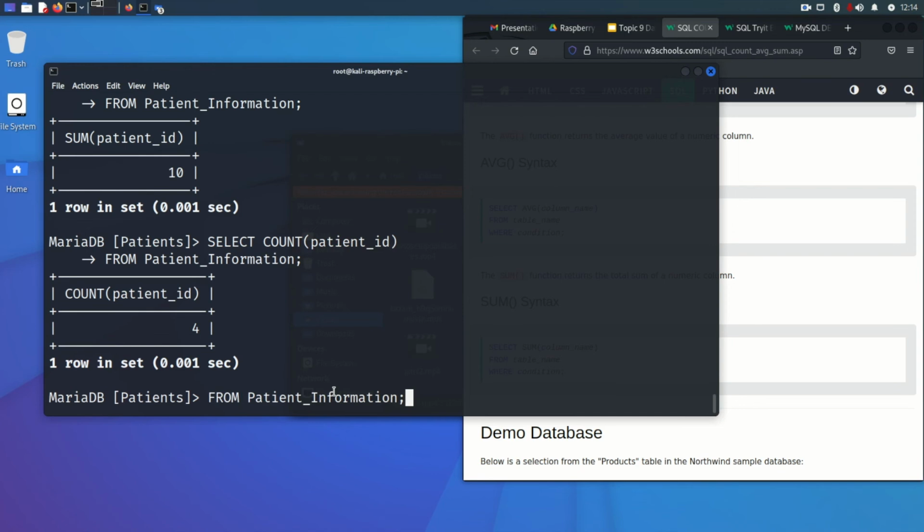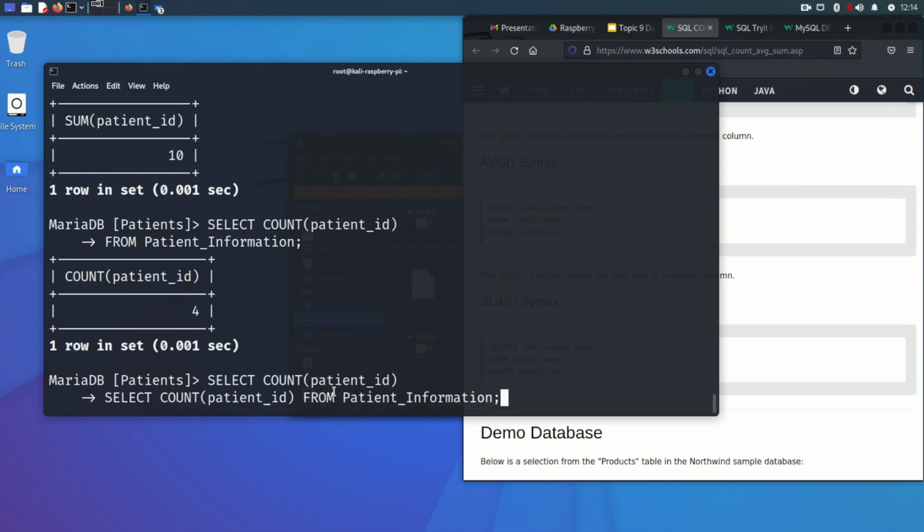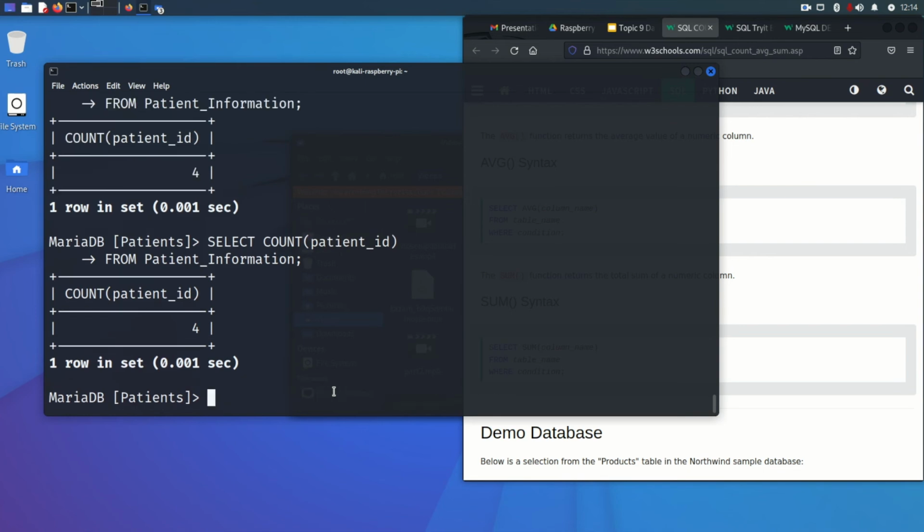So what we're going to do here is write a couple of conditions. The first one is going to be COUNT. We want to know how many patients are in a database. We're going to say SELECT COUNT(patient ID). You need to make sure there is no space after COUNT, or this is going to fail like it did for me. So we're going to say SELECT COUNT(patient ID) FROM patient information, semicolon, and it's going to show that there are a total of 4